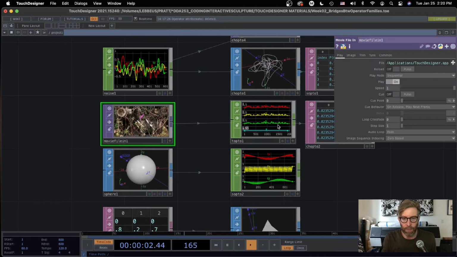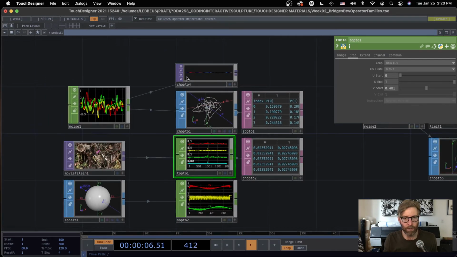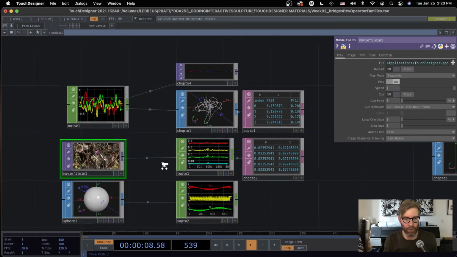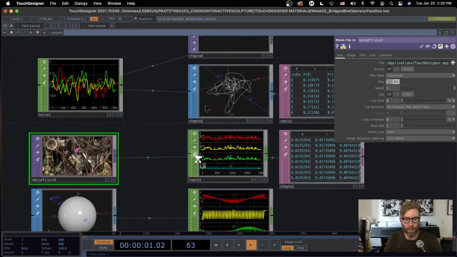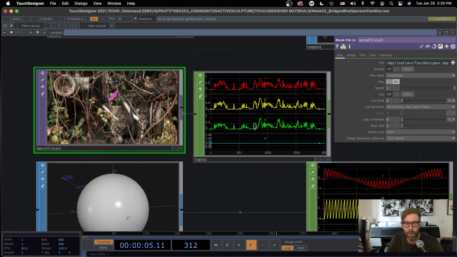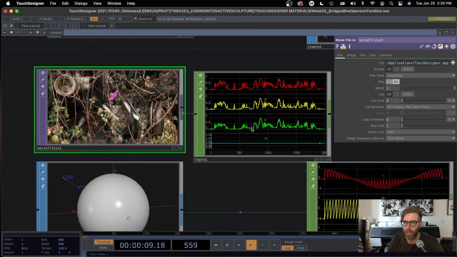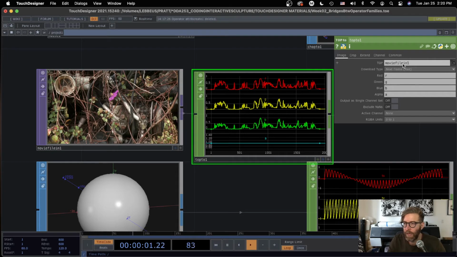Okay, next. How about TOP to CHOP? It's kind of the opposite of this situation here. We can see what's happening. Let's look here a little bit. I've got this still image coming in, movie file in, and it's looking at these channels of the TOP, and I'm creating these channels. It could be